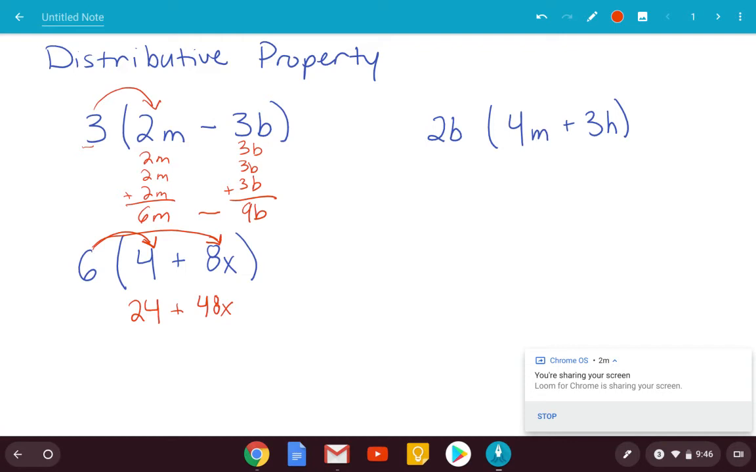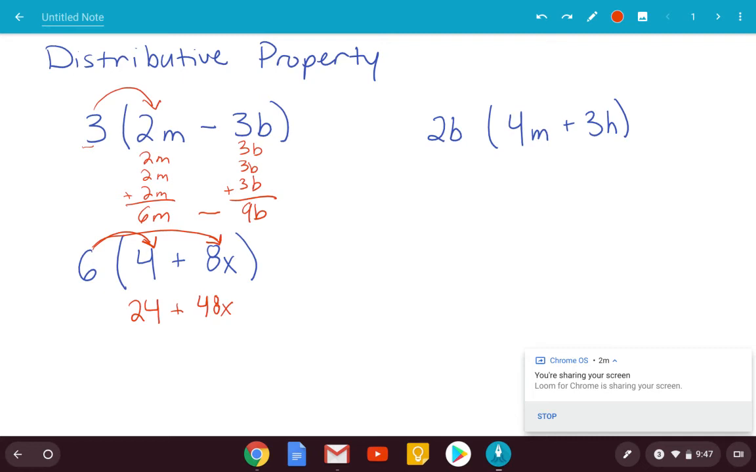Sometimes when you see these problems, you'll actually have a term outside the parentheses that has a variable in it already. And if we knew what those variables were, we would be able to simplify it and it would be just like any other distributive property problem. But since we don't, we still are just going to have to multiply that variable times each of those things. So if we have